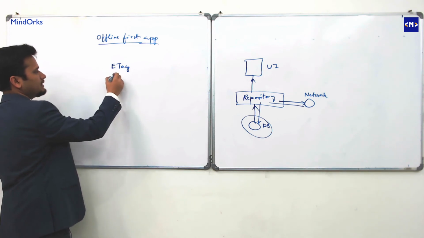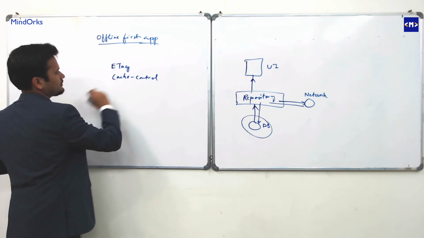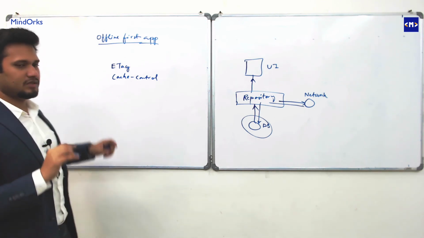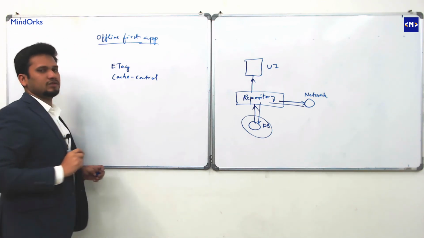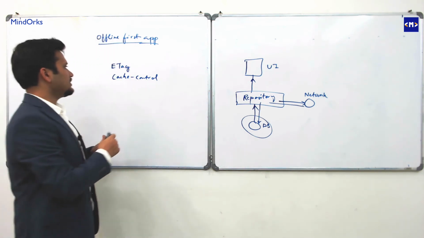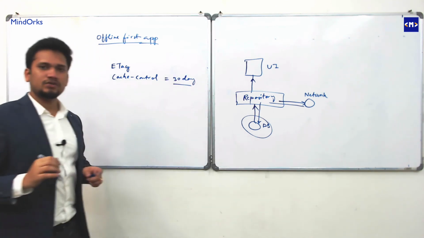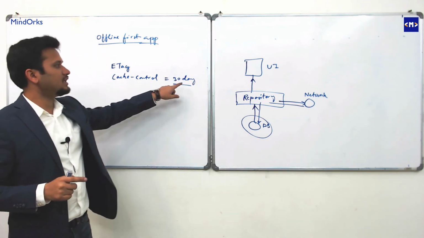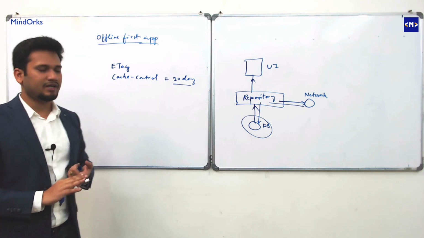Okay, their property like cache control header. When you get a response, you will get this cache control if the API has been designed for it. It means that if this cache control is 30 days, it is saying to the client that within 30 days, don't ask for new data,